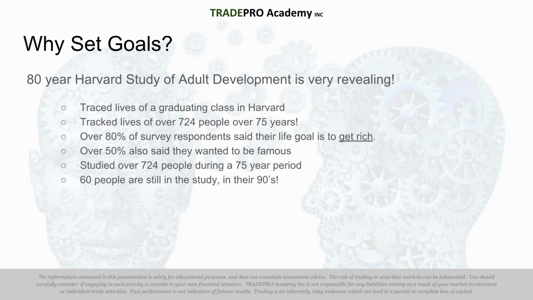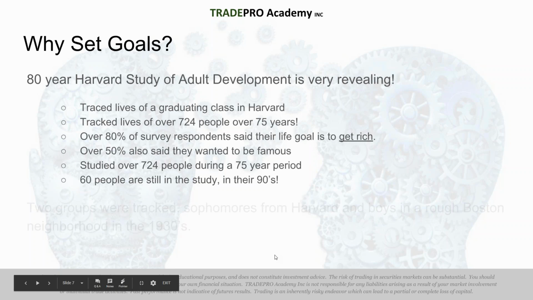Sixty people in the study are in their 90s. There's more than 60. The way they do this is they survey them annually. But not just that, they send them medical records and all kinds of intrusive questionnaires in the name of science. They've now included these participants' wives as well in the study. They do medical records, all kinds of research, and it's expanding.